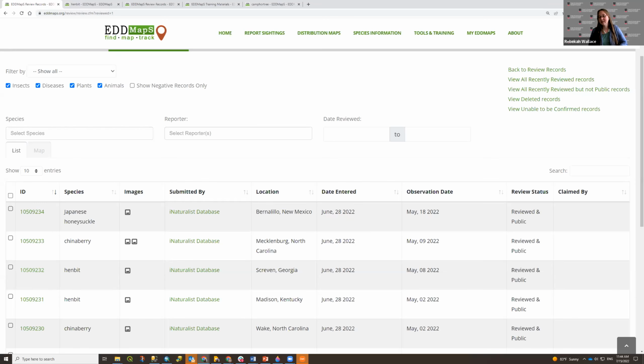So again, it doesn't delete the record. So if you have a situation where there wasn't a photo, you can't confirm it one way or another, but someone reports it a week later and they have a photo, it's possible that original record was a possible instead of an unable to confirm. So you can kind of take it step by step and think about, okay, what's the information available to me and how can I make this record have value?